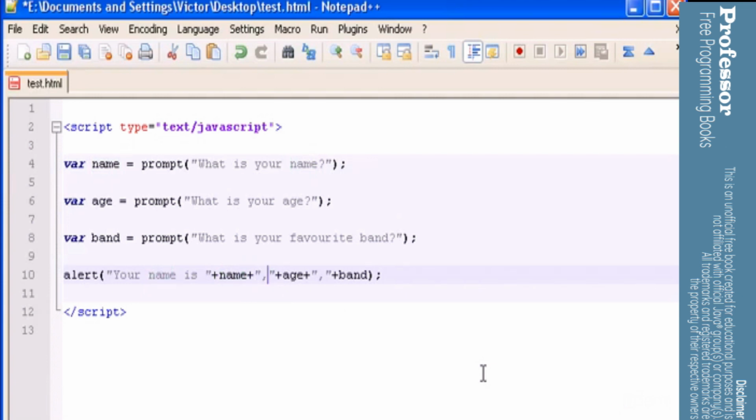Then comma, and here I will type your age is, space, plus age, which will be my age, and then here let's type and